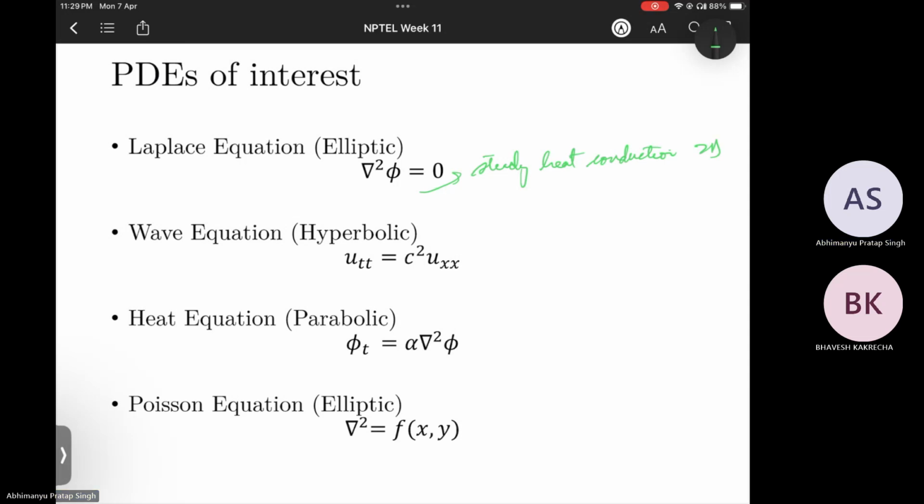Then we have the wave equation, which is a hyperbolic PDE. Yeah, so we can see that it's del square u upon del t square